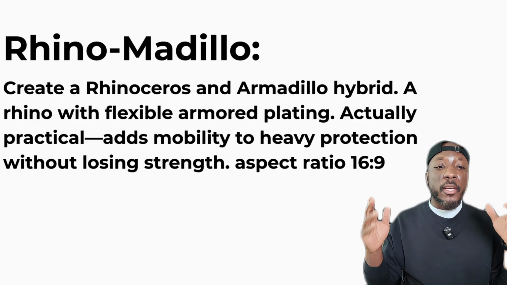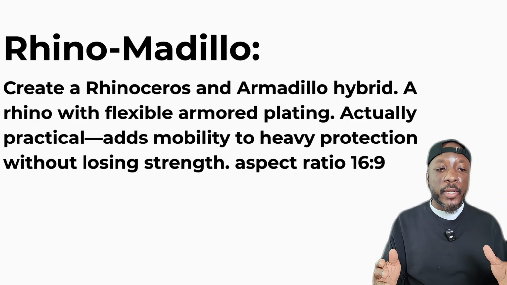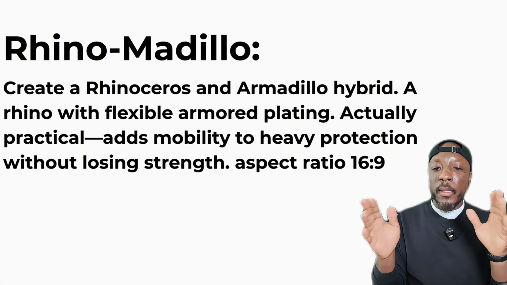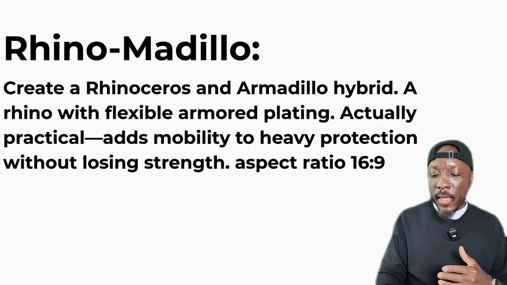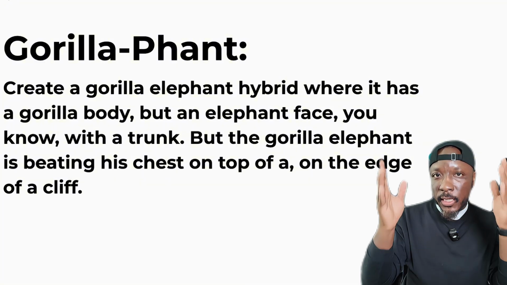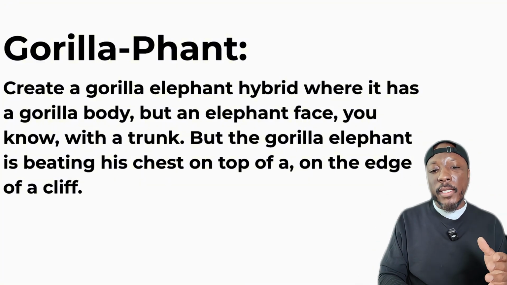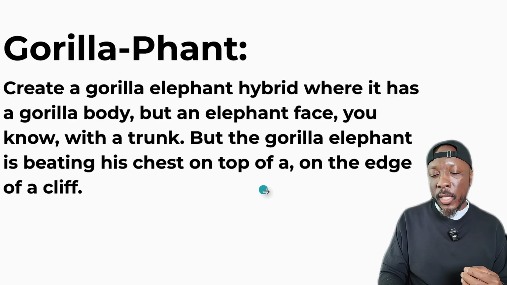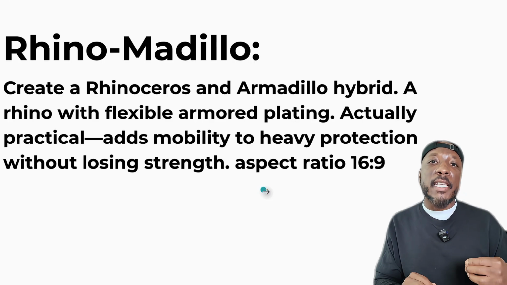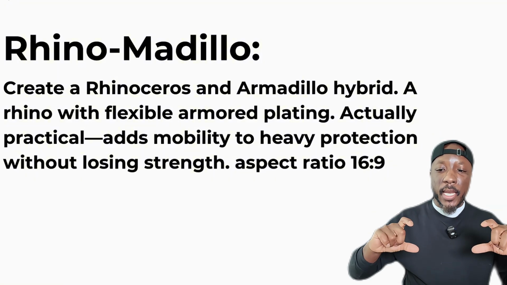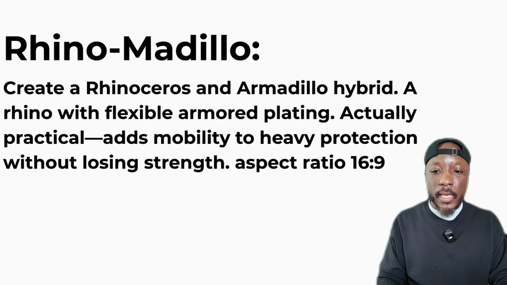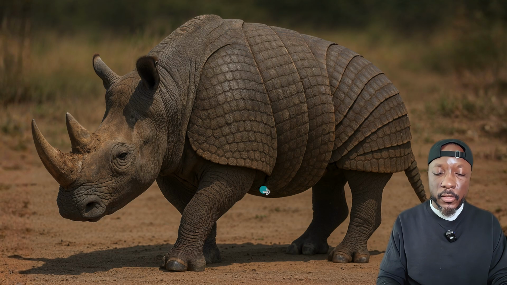Rhino Medillo. Create a rhinoceros and armadillo hybrid. A rhino with flexible armor plating, actually practical, adds mobility to heavy protection without losing strength. Aspect ratio 16:9. Keep in mind that when you're using ChatGPT in one linear project, you don't always have to put the aspect ratio, because it'll remember what the last prompt was before. So that way you know that it's going to be in that aspect ratio. For this one, I went ahead and asked it to put in 16:9, and our prompt was this,